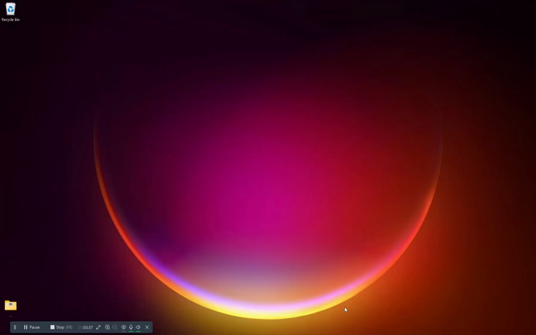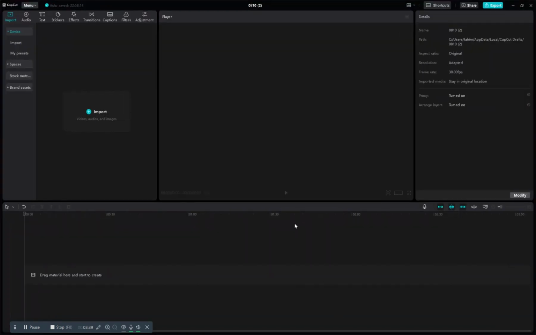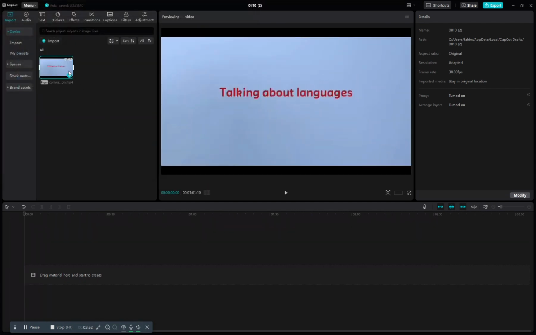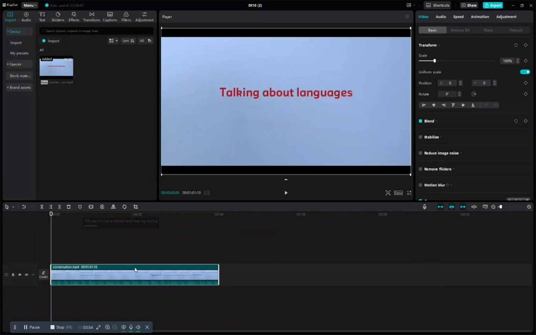Next is using the video editor software. So here I am using CapCut. So I will click on import file and then import the video file, as we are importing it for video editing. I will drag it to the timeline,